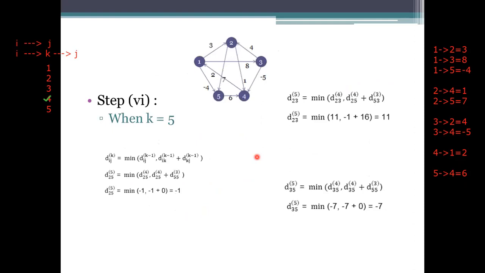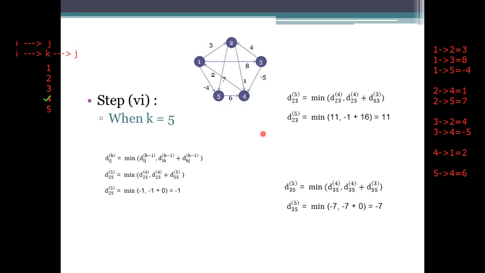K equals to 5 here means fifth node. The node we are taking has been taken as the fifth node here. Whenever we are reaching this, we have incoming nodes from 1 and 2. So here 1 to 5 is there. There is no need to update the 1 to 5 value here, because if you are taking 1 to 5 or 5 to 1, the value will be infinity, or the value will be -4 only. Infinity, -4. So the minimum value here is -4. We will take the -4 as the final one.